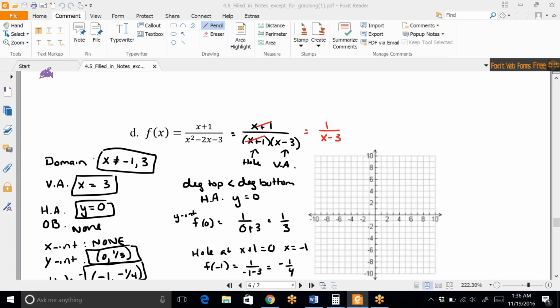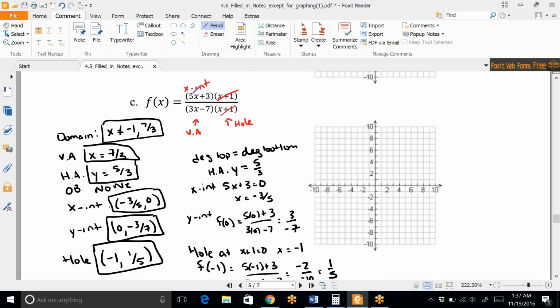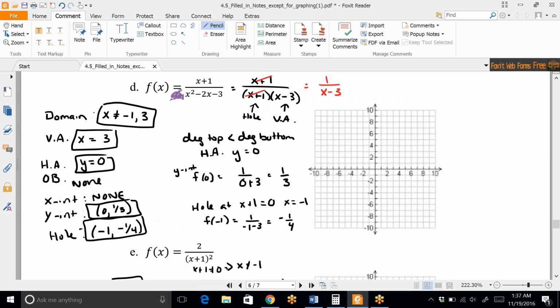Okay, this is section 4.5. I finished up the notes from in class. I can't remember exactly which sections got to which problems, but we're going to look at part D for 4.5, and note that this is a factorable rational, and that is there's a cancellation,